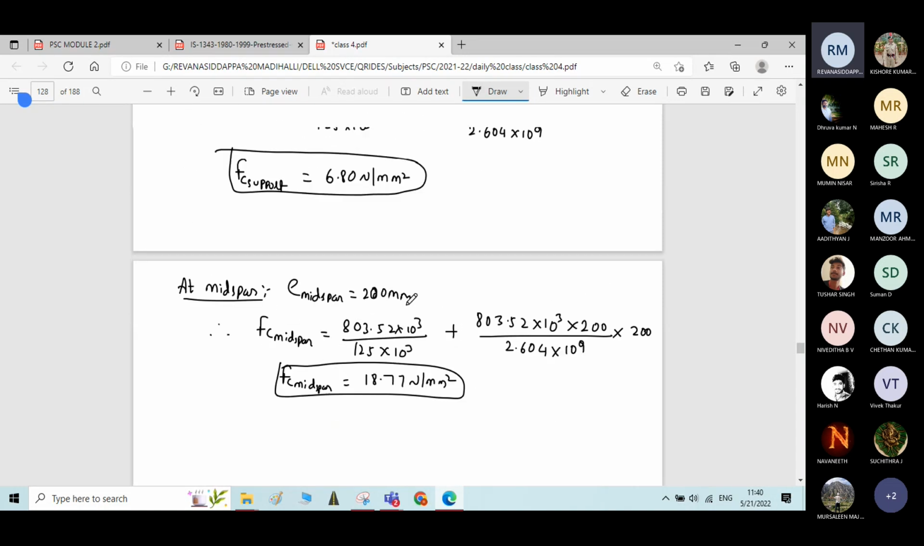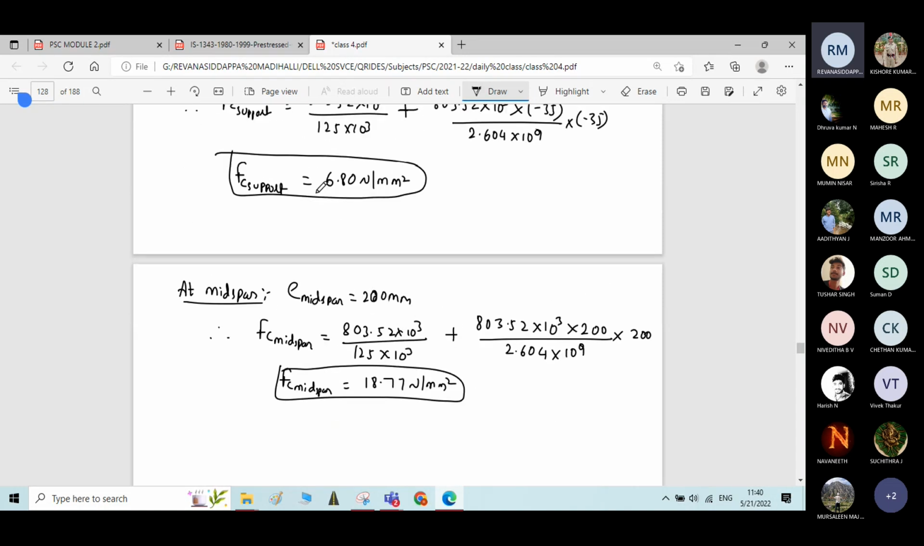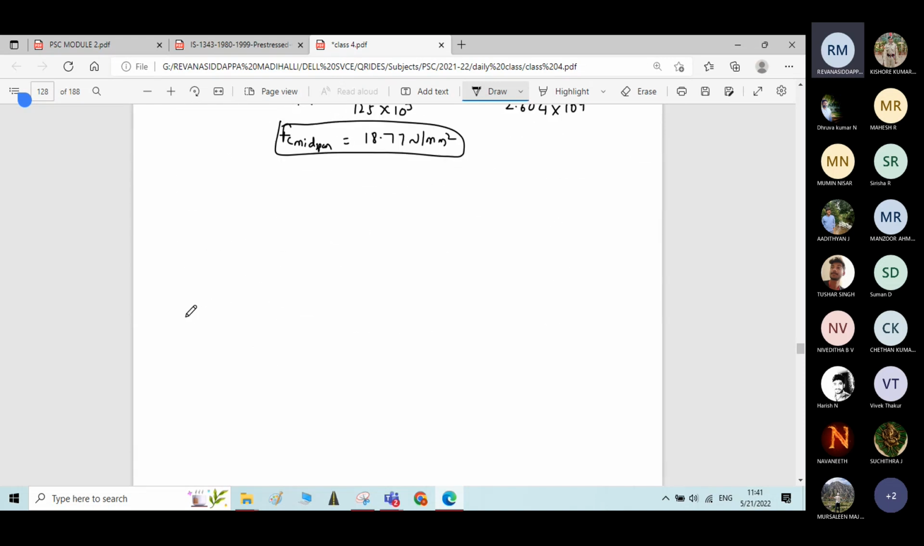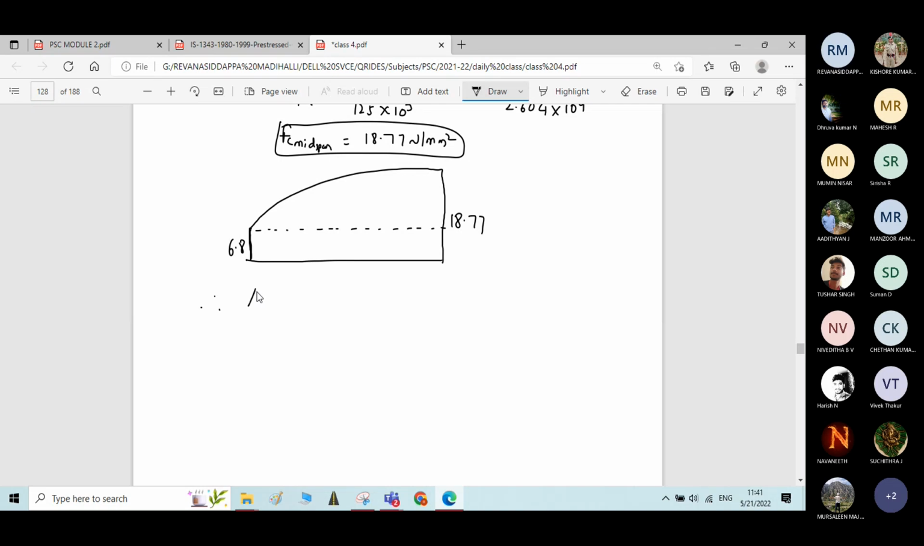Now, by utilizing this FC at support and FC at the midspan, you can calculate the average FC. Okay, at support it is 6.8, and at midspan it is 18.77. Okay, so up to here average stress is 6.8. Therefore average